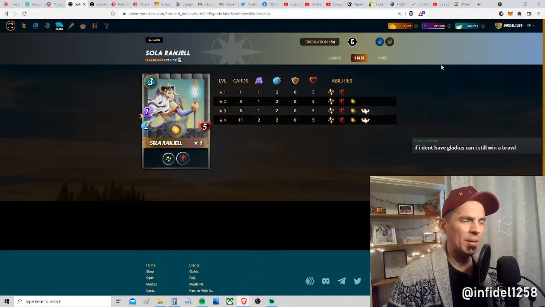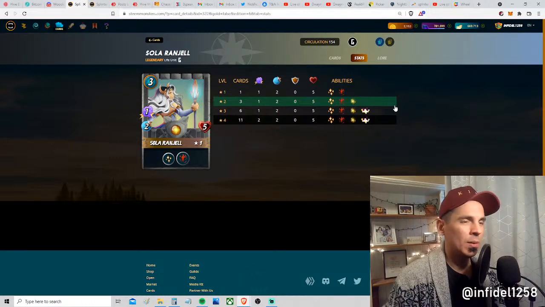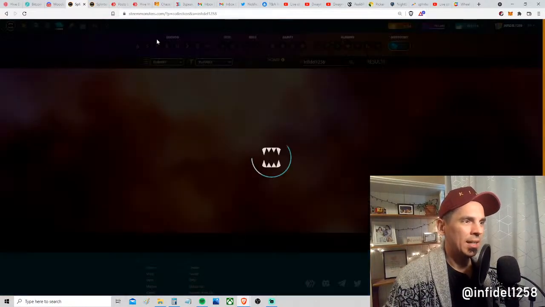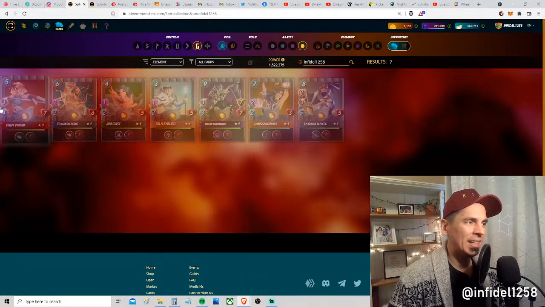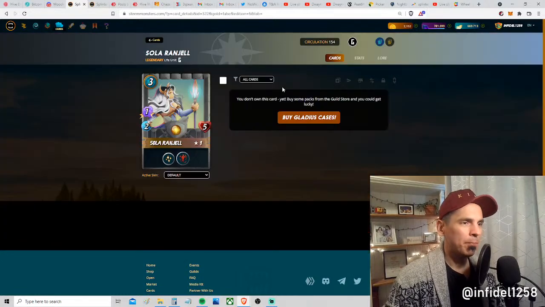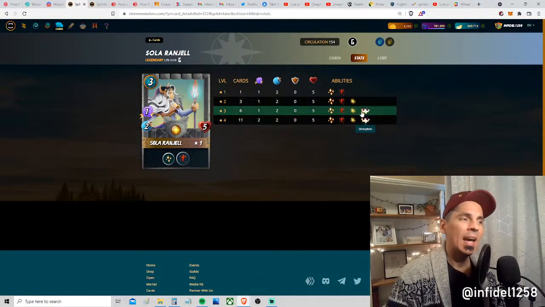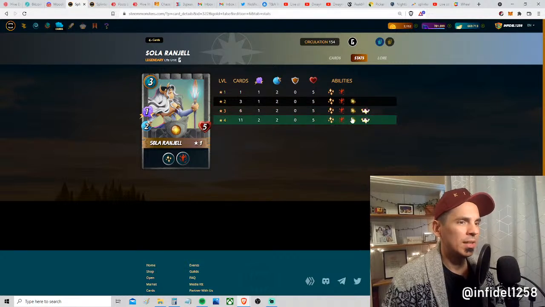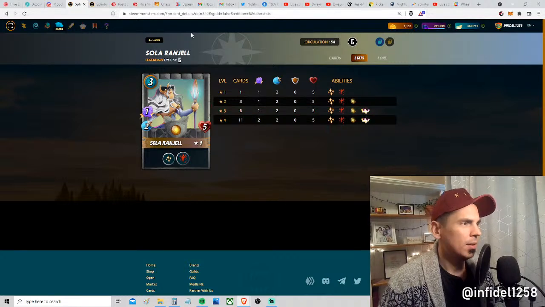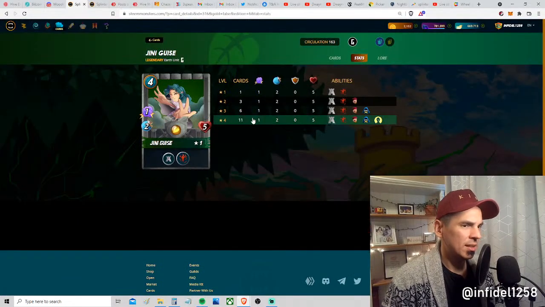When you're playing brawls, you guys might not know this, but you're only allowed to choose one gladiator. You can't choose a team of gladiators. And the frustrating thing, I wish I could go buy these. I would just buy them, but you can't. You can only buy gladiator packs, which unlock these cards. And you can only get gladiator packs by earning merits, and you only earn merits if you're in a guild. And not just any guild, but a guild that has a specific level building. So it's actually really, really hard to get a maxed out copy of some of these cards.